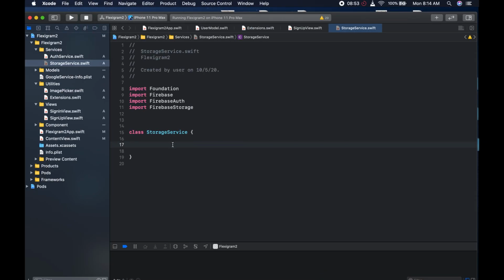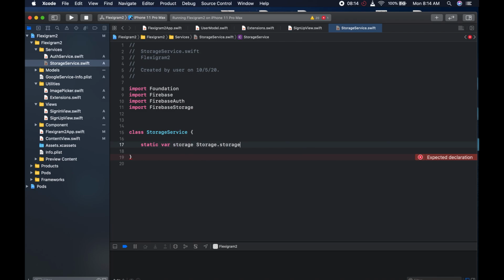And so to upload a file, we first create a cloud storage reference to the location in the cloud storage you want to upload the file to. You can create a reference by appending child paths to the storage root. So for example, let's get a reference to the storage service using the default Firebase app. To do that, we could create static, because we want to access it in a bunch of places, I'm guessing. So we could say static var storage, and this is going to be